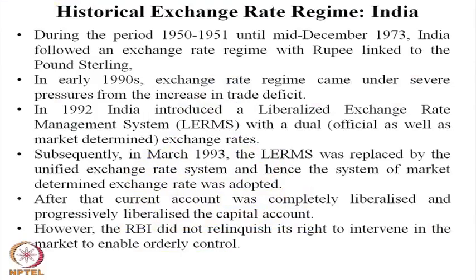In 92, as a part of liberalization, the central bank, that is the RBI, introduced a policy called the liberalized exchange rate management system with a dual exchange rate. That is, the official exchange rate, and at the same time a market oriented exchange rate. Importers got their foreign currency requirement for import at the official exchange rate, and we also had a market oriented exchange rate where exporters were allowed some part of their export earnings at the market value of the currency, and some part at a fixed exchange rate policy. Subsequently, in 1993,